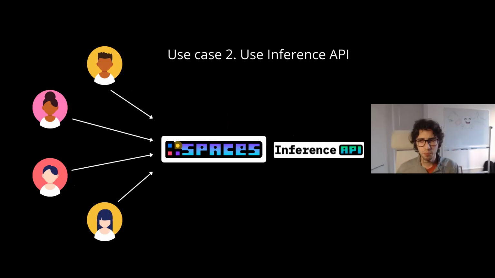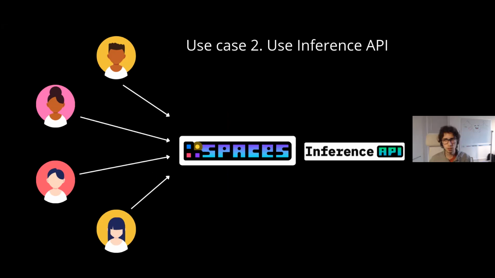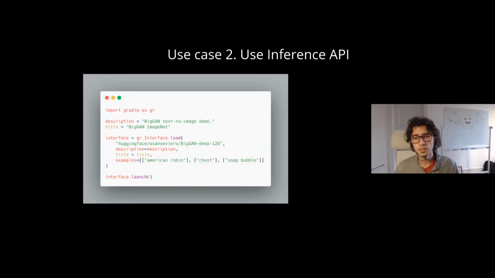In the case of transformers models, we have something called the Inference API. So the Inference API is something that all transformer models get out of the box, and it's a very high-level optimized API that people get access to for inference of the models with a normal HTTP call. If you have not used this in Python before, this is only a usual request that you can make. It's also just a few lines of code. And this is the code.